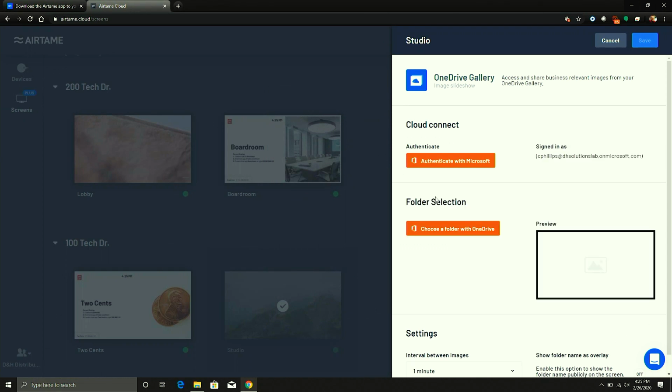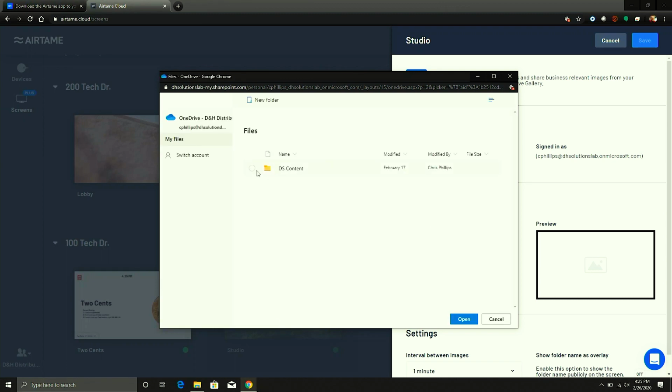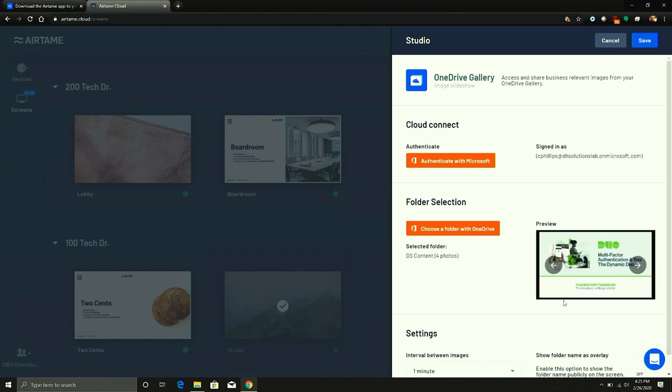Airtame's going to go ahead and grab it. And now it's going to say, hey, which folder on your OneDrive do you want your digital signage in? So we'll go ahead and, through the dashboard, quickly log into OneDrive. And I've got all my digital signage content in a DS content folder on my OneDrive. All I have to do is select it, open it, and then all my digital signage content is going to